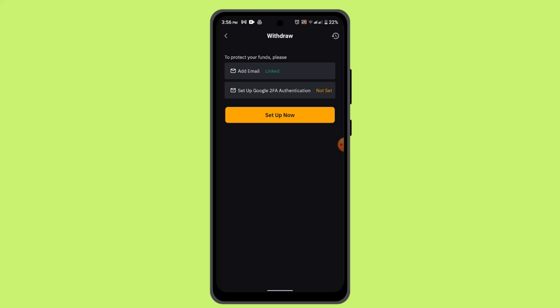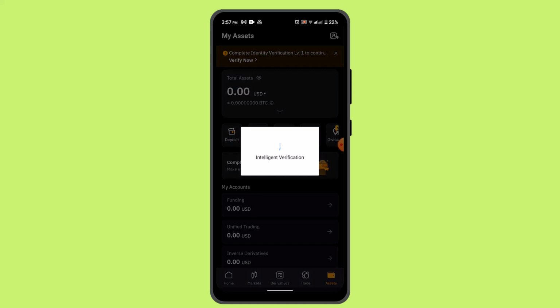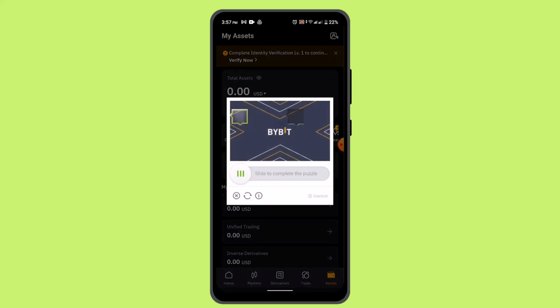First thing, you need to set up two-factor authentication. For that, tap on setup, and you'll only begin with the withdrawal procedure once you've completed the two-factor authentication. Once done completing the information, it's going to directly take you to the field where